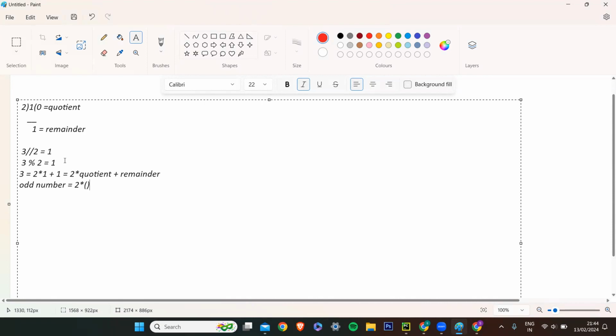It will be 2 into some quotient plus remainder, which is what? 1. Exactly 1 is the remainder for the odd numbers. You can even take 5, it is nothing but 2 into 2 plus 1. So whenever we divide 5 by 2, we get remainder as 1. So whenever we divide any odd number by 2, we get 1 as